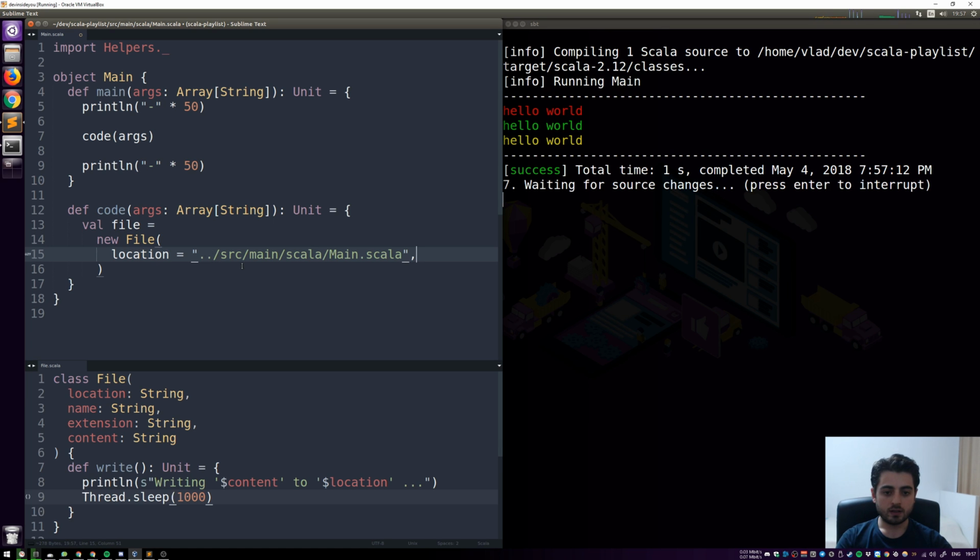Now the name is going to be main. So now we can remove the name over here and the slash as well. Now we're going to have the extension, which is .scala. So now we can also remove that. And we're going to have content, which is hello world. Like this, okay? And all we're going to do now is we're going to say